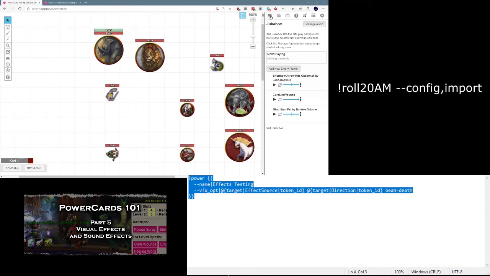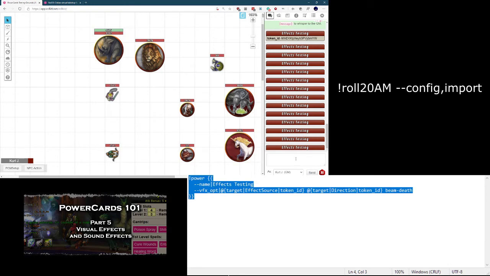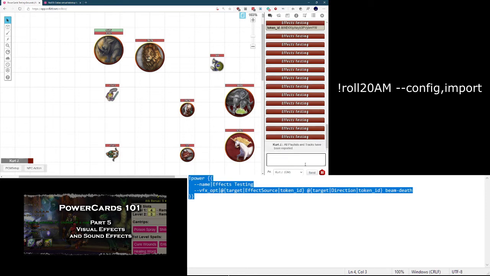And the way we do that is by hopping back over to the chat tab and entering !roll20 AM, and the AM has to be capitalized, the roll20 has to be lowercase, and then --config, import. And that tells the Roll20 Audio Master script to go out and look at your jukebox and import all the stuff that's in it into its own database. So we run that, and it tells me all the tracks and playlists have been imported,